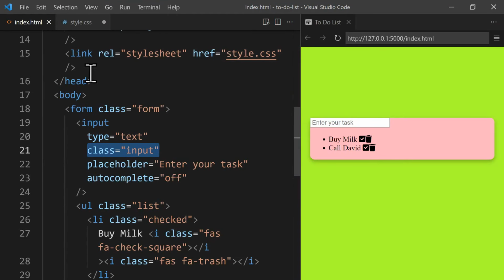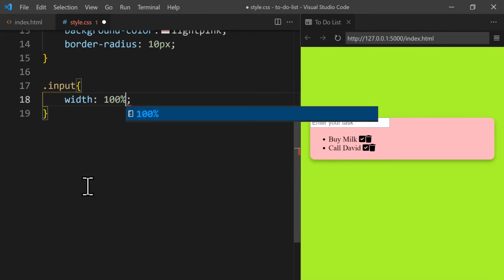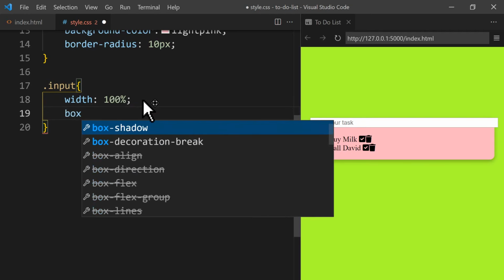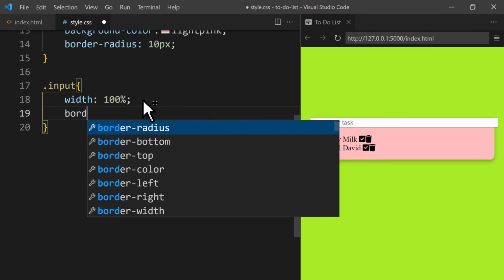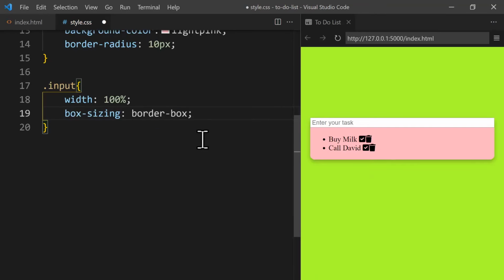Now, we need to style the input field, which has the class of input. First, we'll set the input's width to 100%, but you can immediately see it's actually overflowing. The reason we're seeing this overflow is that the browser is including the border width in the total element size calculation. So the solution is to set the box sizing property to border box. As soon as we set the box sizing to border box, you can see the input now perfectly matches its